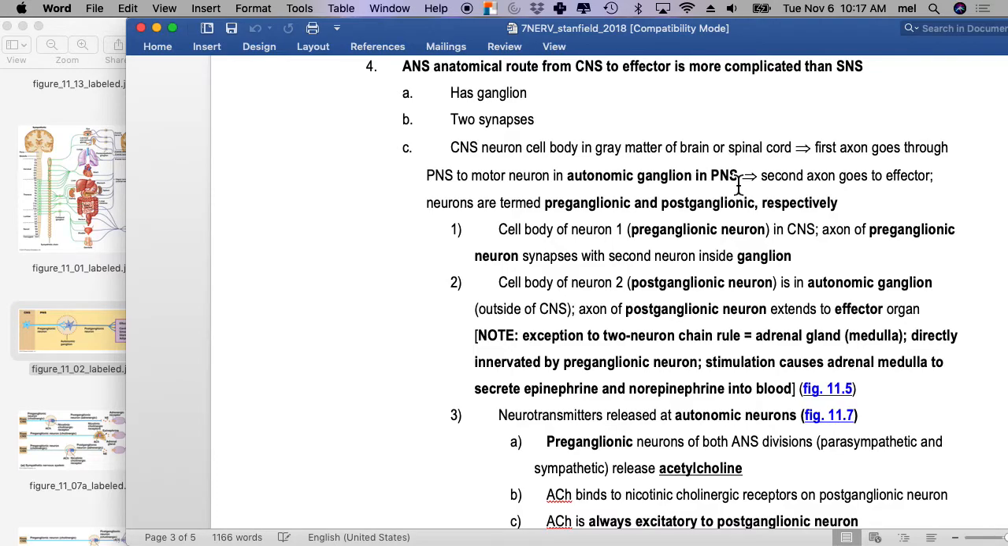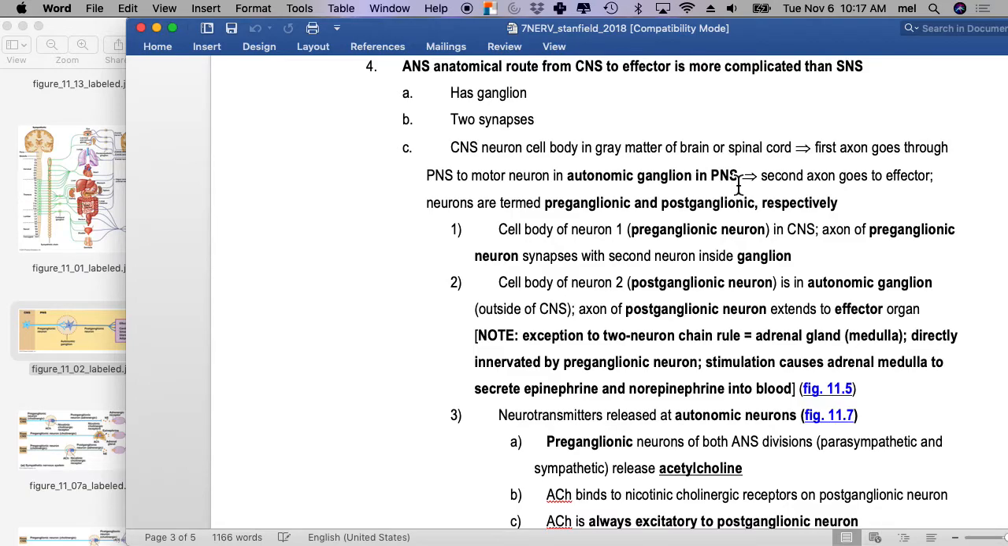The cell body of neuron 1, preganglionic, is in the central nervous system. The axon goes to the ganglion. The cell body of neuron 2 is in the peripheral nervous system in a ganglion and goes to the effector. That was a quiz question that a lot of you guys got wrong. I want you to go back and fix it. You've got until 10 o'clock tonight to redo or fix anything about that. So the neuron that stimulates, for instance, cardiac muscle contraction,